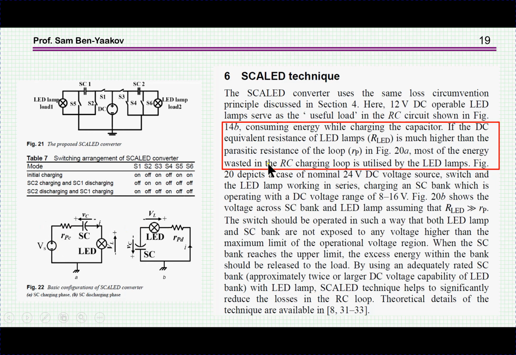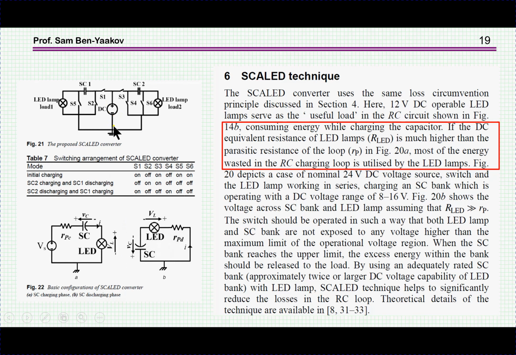And then they say here that if the DC equivalent resistance of the LED lamp is much higher than the parasitic resistance, that is, this resistance is much higher than this resistance, then most of the energy wasted in the RC charging loop is utilized by the LED lamp. That is, efficiency will be kept high because this resistance is smaller than this. Well, this is, of course, in general correct, but this is not the reason for it. The reason would be what is the voltage on the lamp as compared to the target voltage, which is half the